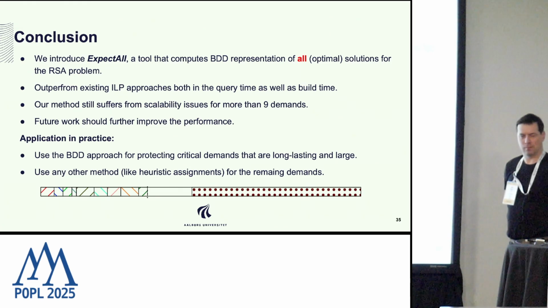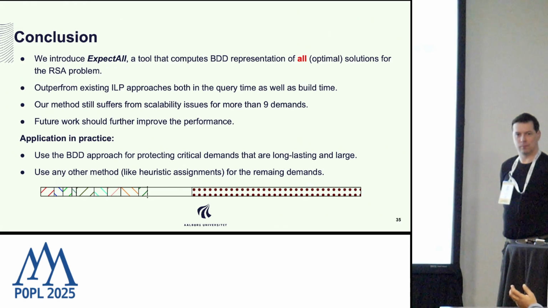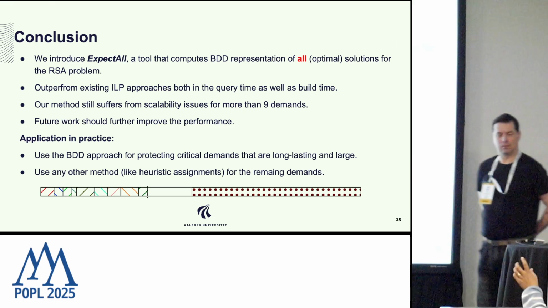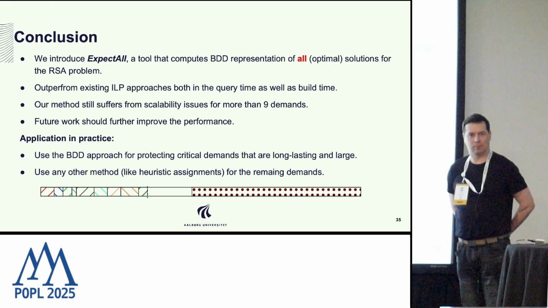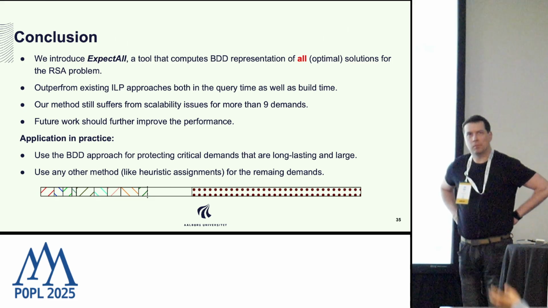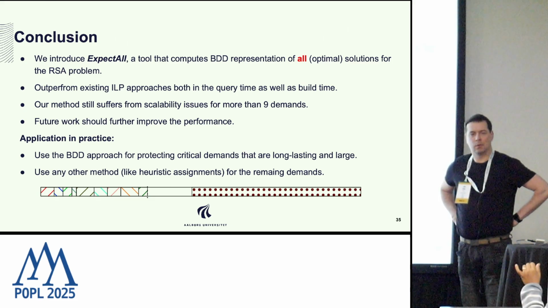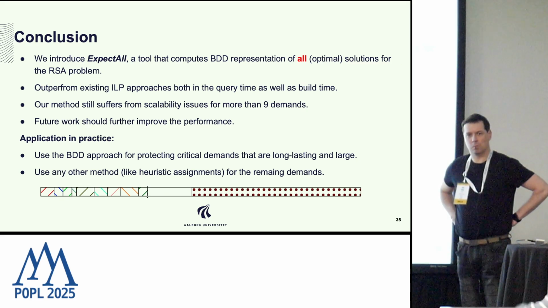So one question I had is, if you already have an ILP, why don't you just take each constraint, make a BDD, and intersect all of them? You don't need to work so hard to construct a BDD, right? Every constraint is some Boolean values. You could construct a BDD and then just intersect all of them.